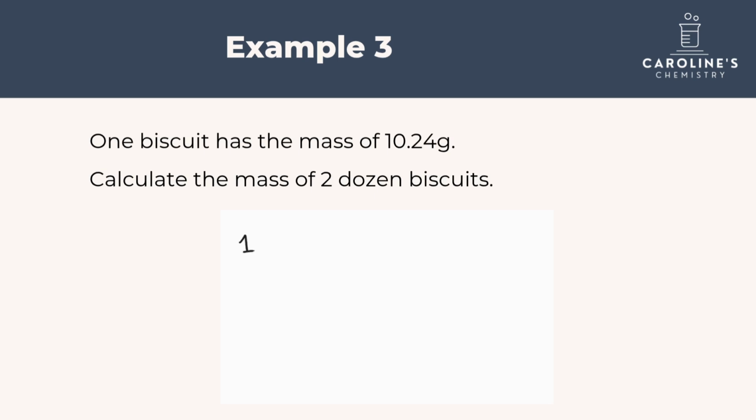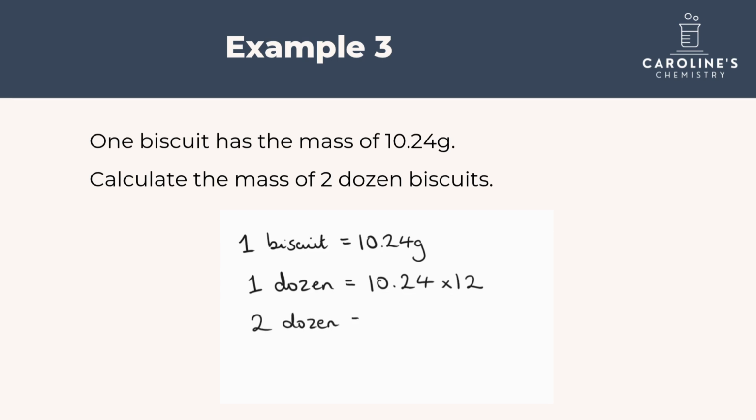So here we're now told that 1 biscuit, hopefully a chocolate chip, my favourite, has a mass of 10.24 grams. We're asked to find 2 dozen. Well, first, let's work out 1 dozen. Now, the word dozen represents the number 12. So I'm going to take my 10.24 grams and times that by 12. Then to find 2 dozen, I'm going to times that answer by 2, which gives me